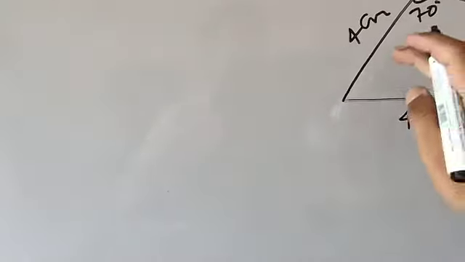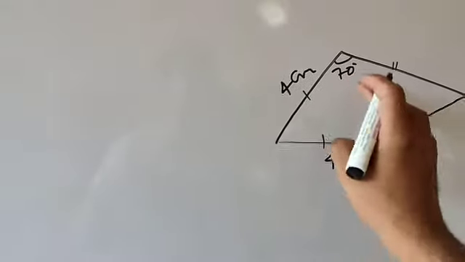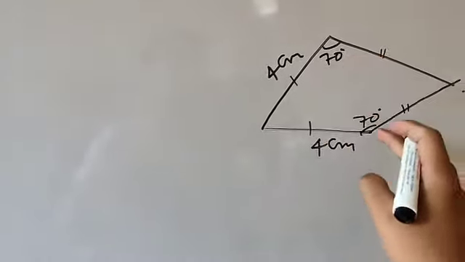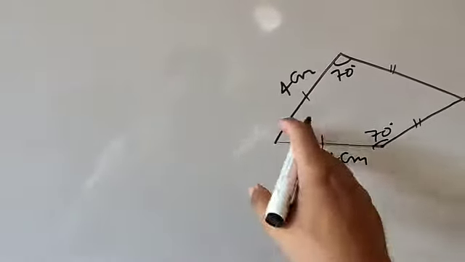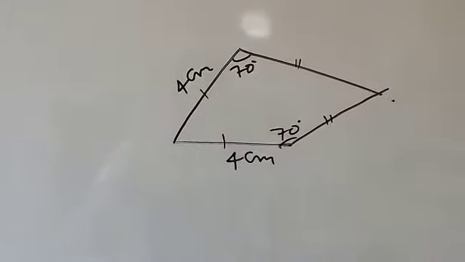Here also you need to draw a 70 degree angle. So you will get that it will be a kite. Here this side equal to this and here this side equal to this. So it is not a parallelogram, but here this pair of opposite angles are equal. So here it will be a kite. So draw a kite in which adjacent sides are equal. There you will find one pair of opposite angles will be equal.